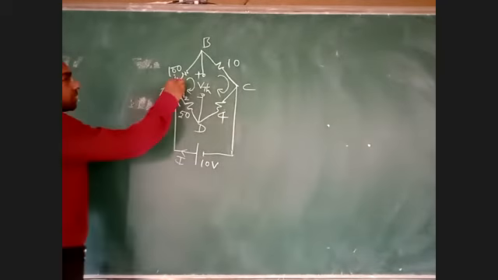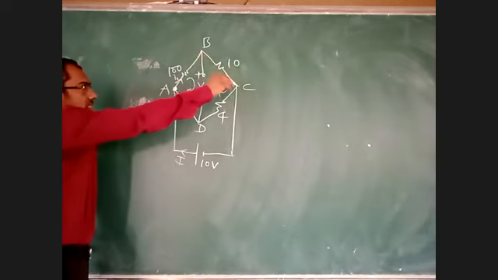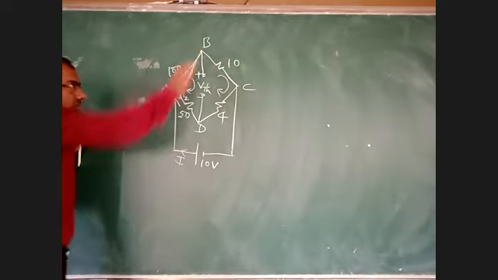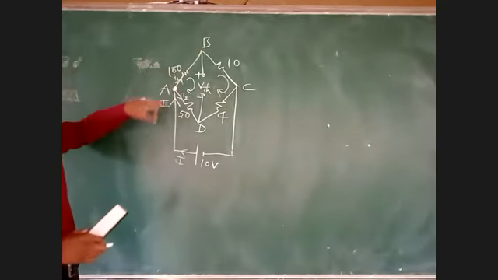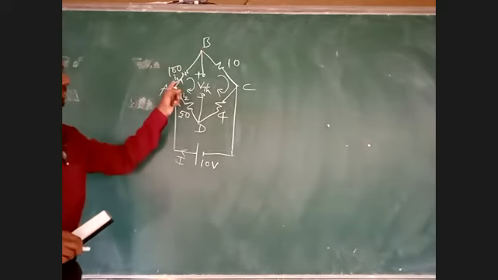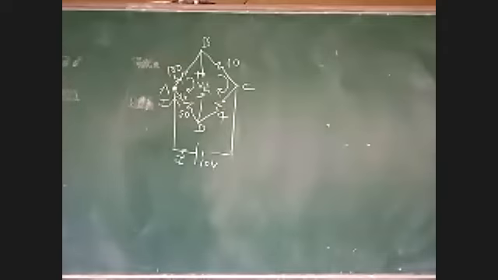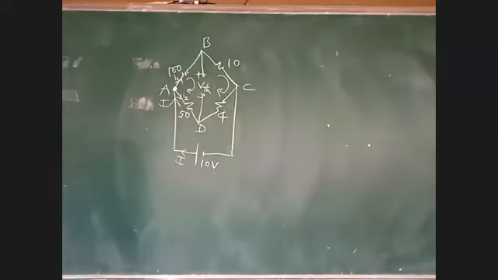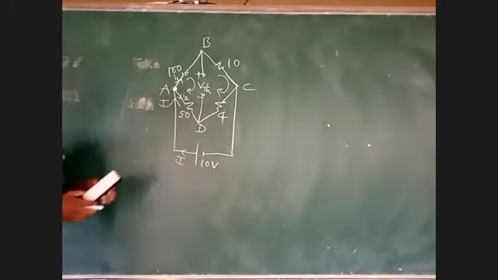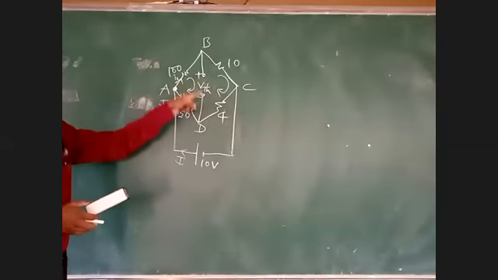Now see here, I1 is the current flowing in the 100 ohm. This current is flowing like this. Will the current divide here? At point A, current is dividing as I1 and I2. At point B, will current divide? This I1 is coming here at point B. Will it divide? Not divide, sir. It won't divide because there is an open circuit here. Your current is 0 in an open circuit.